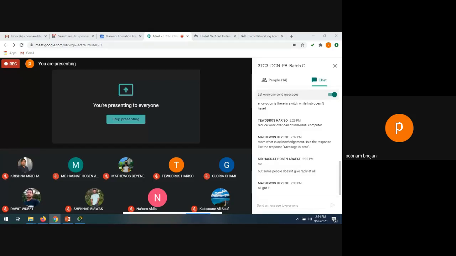Next I'm going to explain any topology you want. Let's say the bus topology. In the bus topology, I just want to show you how the different devices are connected through a single link, and the data is passed through the different stations. Let me show you that.